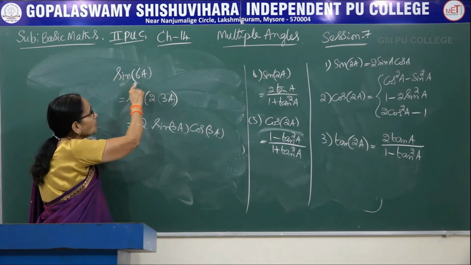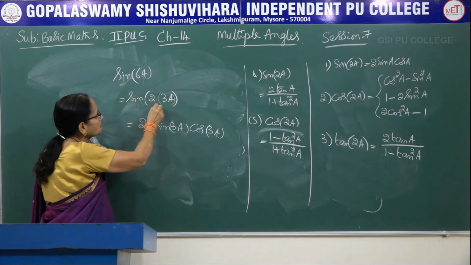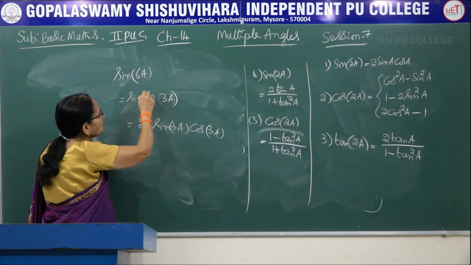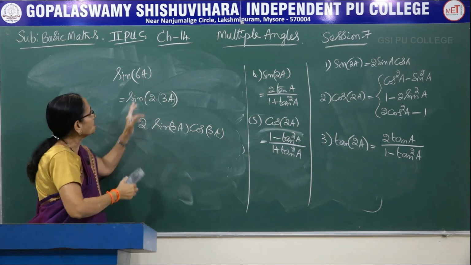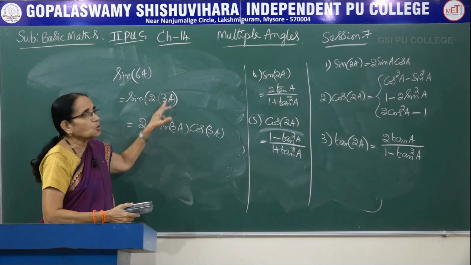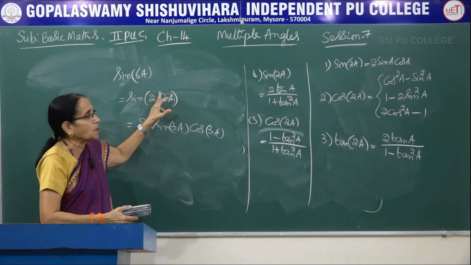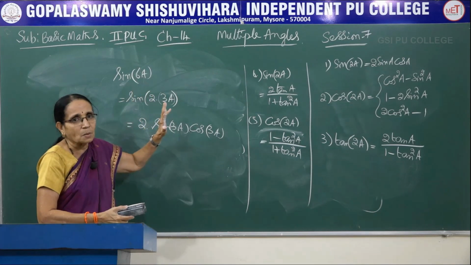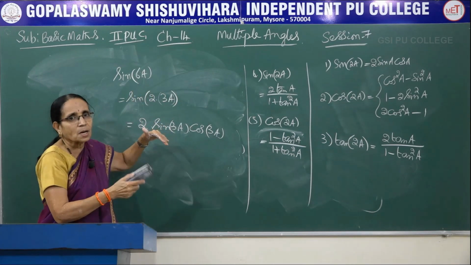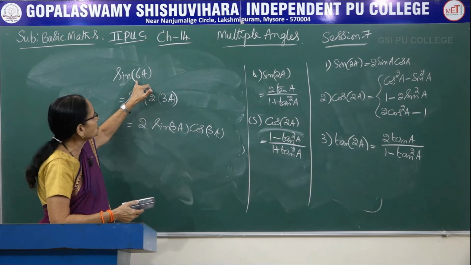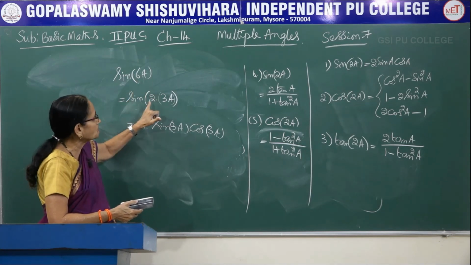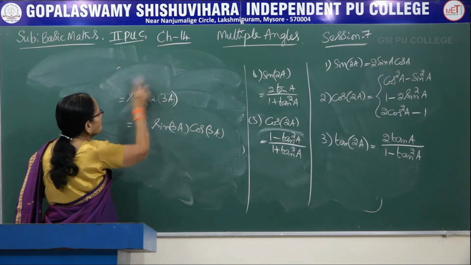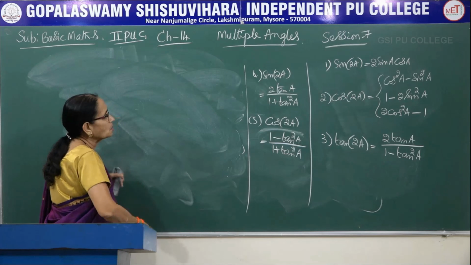So, whatever may be the angle here, if it is an even number, we can write it as 2 into that angle: 6a, 2 into 3; 8a, 2 into 4; 100a, 2 into 50; 200a, 2 into 100, like that. Any even number. When I come to odd numbers, I will take that up in the next session. When it is an even number, you can express this as 2 into some angle. Then directly those formulas can be applied. Similarly, for the other one also.